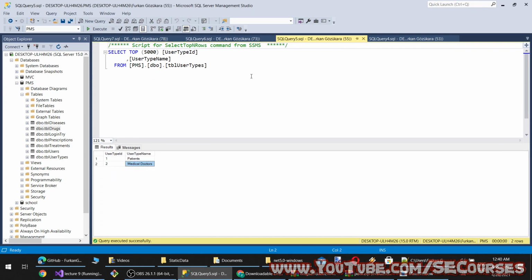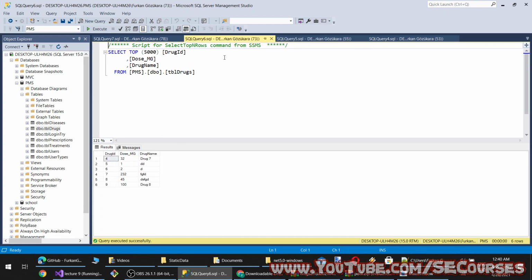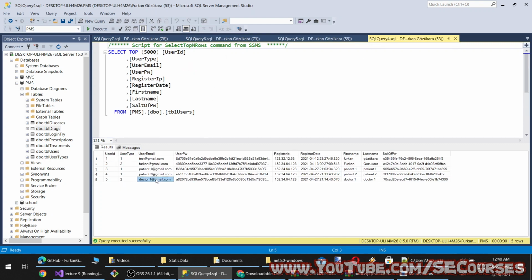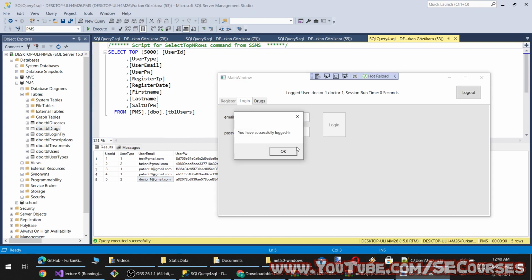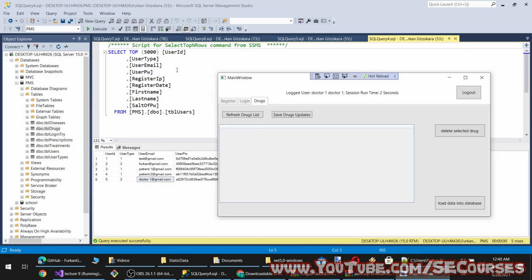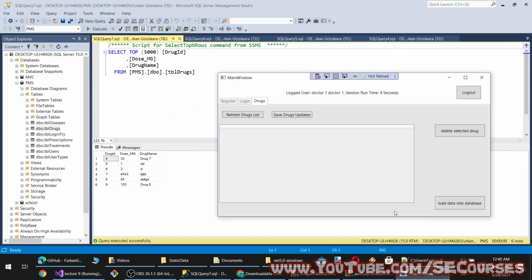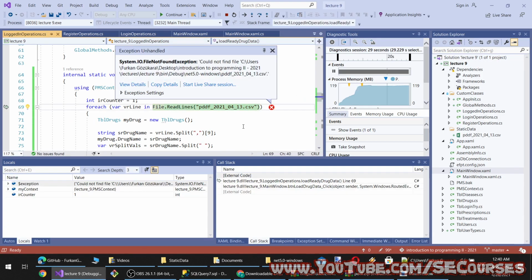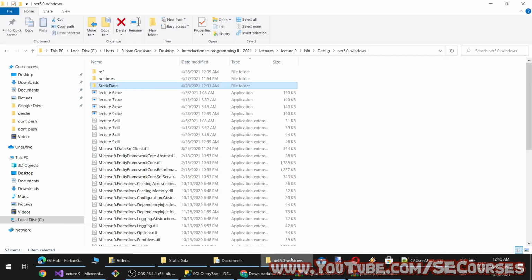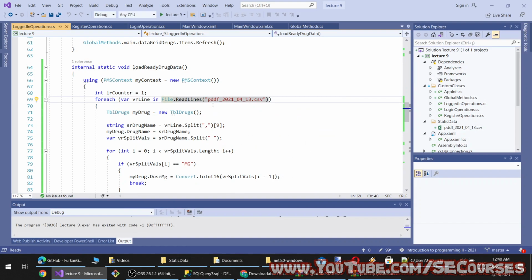So let's log in as a doctor, and let's start loading. Okay, we have a problem. Yeah, we have forgotten to add the static data folder name. Okay, it should be like this.